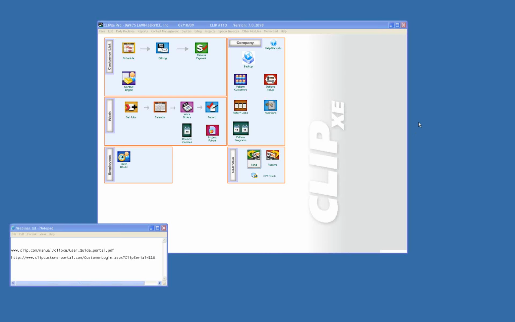You can send it to support@clip.com. You can send it to dave@clip.com. And just say, I'd like to be on it, and give us your Clip serial number. And we'll enable it and send you out an update or whatever, and make sure that you're able to use it. It is included in the partner program,